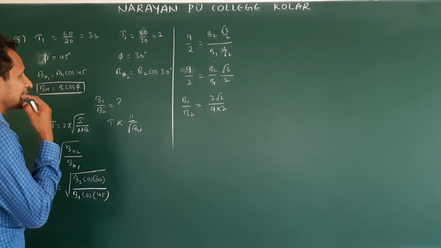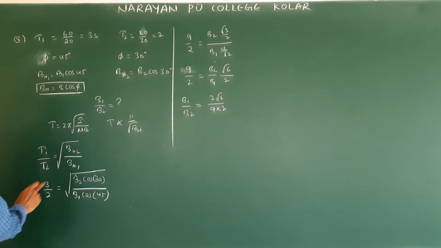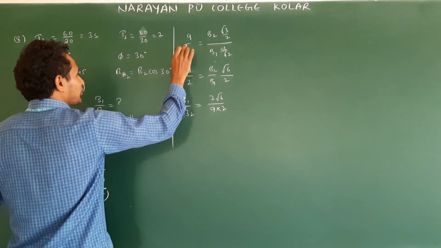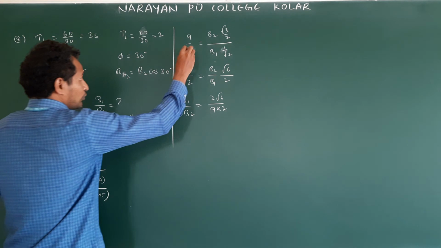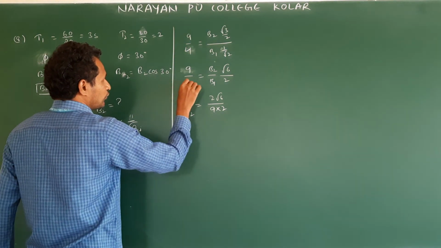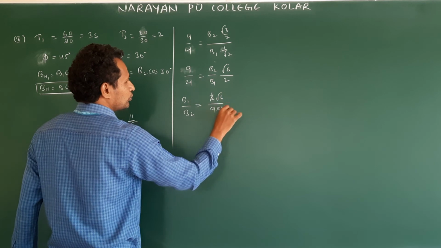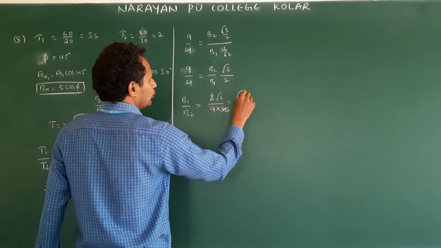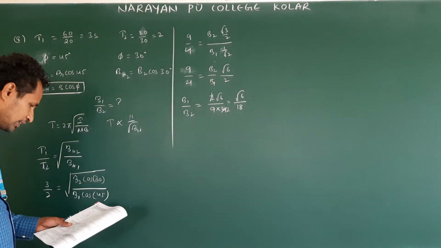Am I correct or not? So what will happen? I did not square on both sides, I only did 3 square, not 2 square. So this will be the 4. This is 4. So root 6 by 18. Am I correct? They have given...